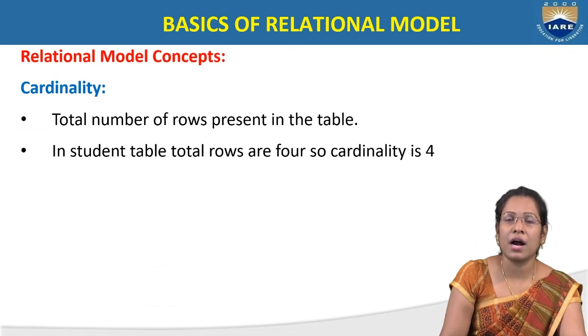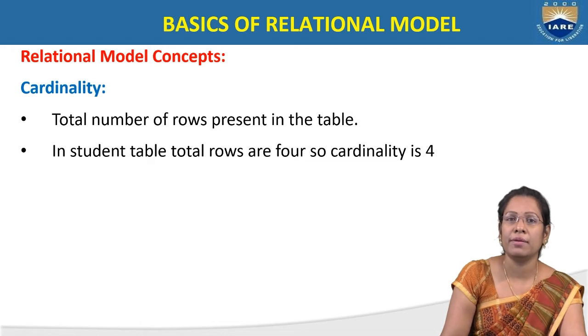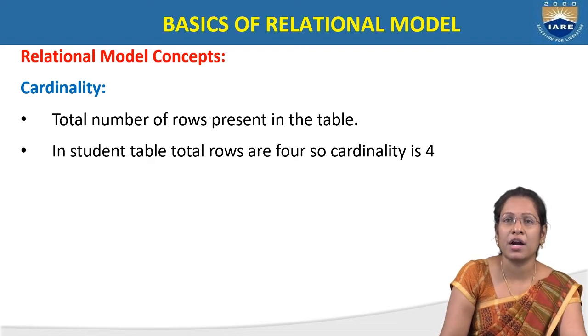Based upon the attributes we give for the table, the degree will be decided for that particular relation. Next one, cardinality. So degree focuses on the number of attributes we use in the table, and cardinality focuses on the number of rows or tuples we use in the table. When the schema is created, nothing but a table skeleton is created, then we start entering the data. So depending upon the user, the cardinality may change. The data present inside the table represents the cardinality. Each and every row specifies one cardinality. So the total number of rows present in the table specifies the cardinality.